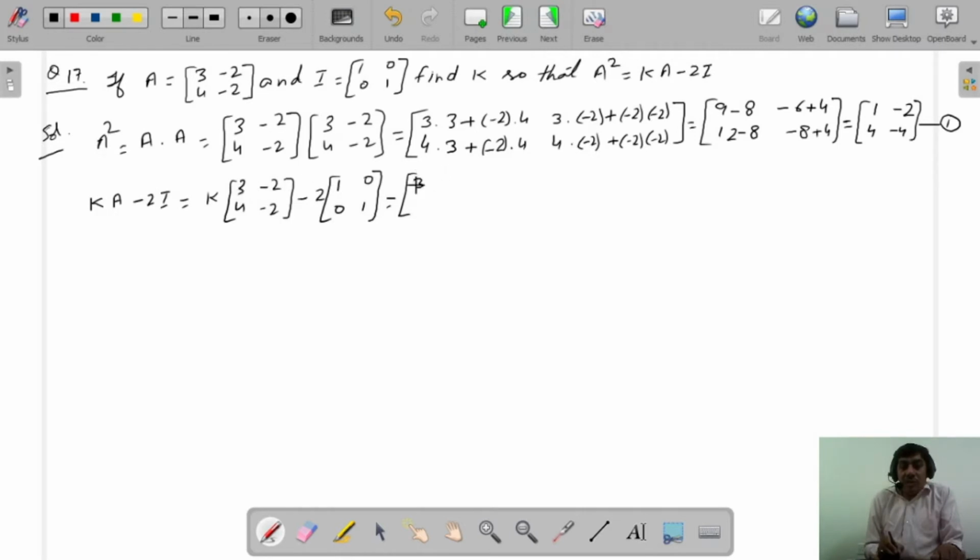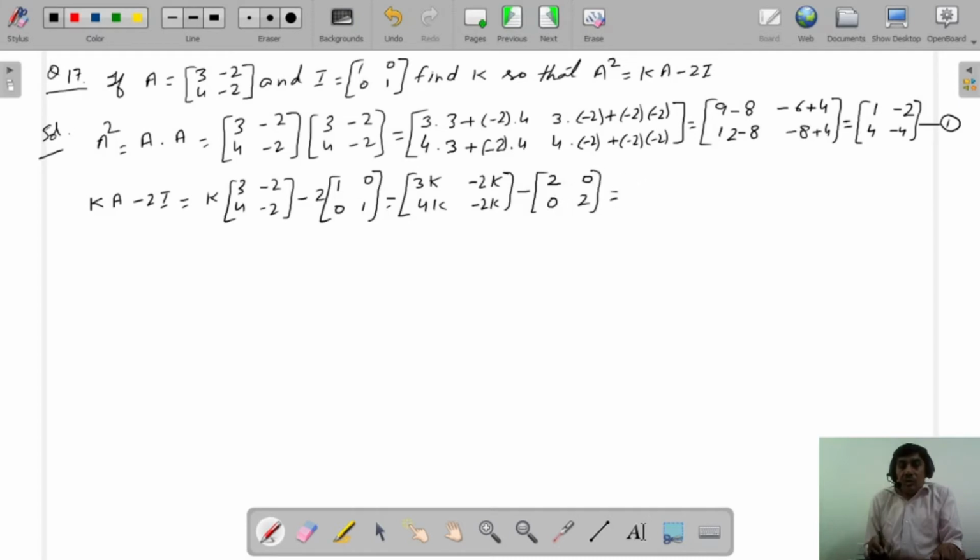We have 3 into K, minus 2 into K, 4 into K and minus 2 into K. Similarly, we multiply 2 to the matrix [1, 0; 0, 1]. 2 into 1 is 2, 2 into 0 is 0, 2 into 0 is 0, 2 into 1 is 2,